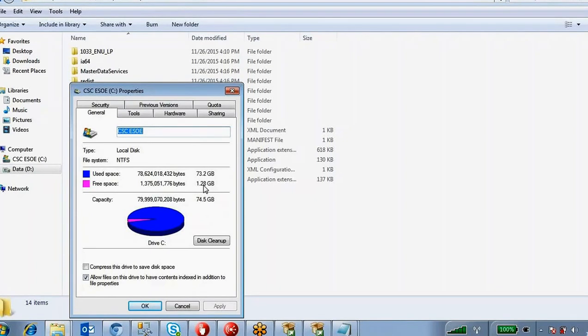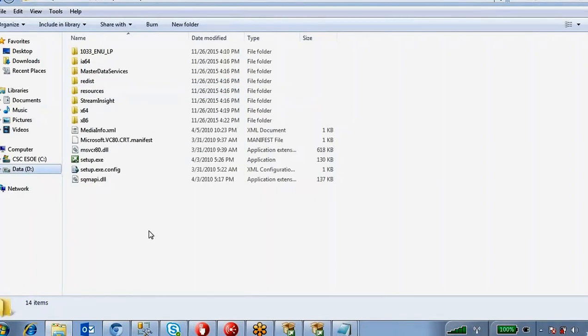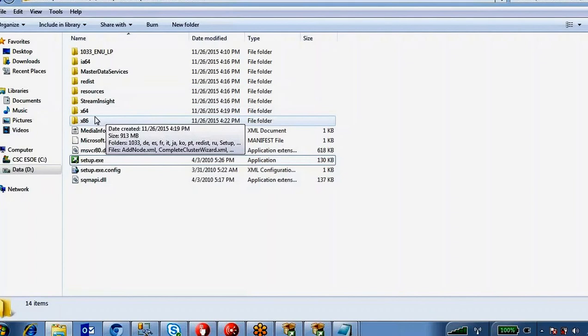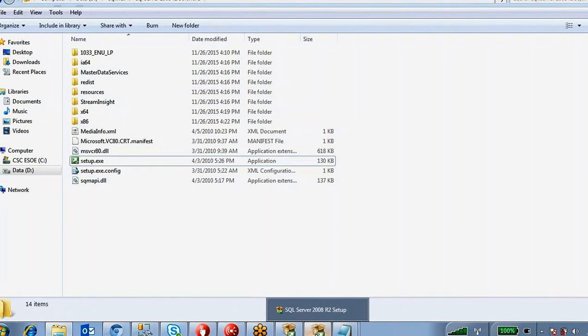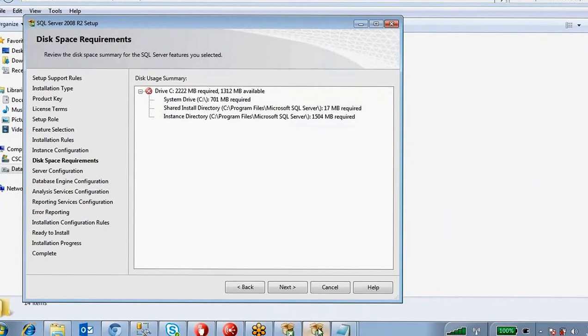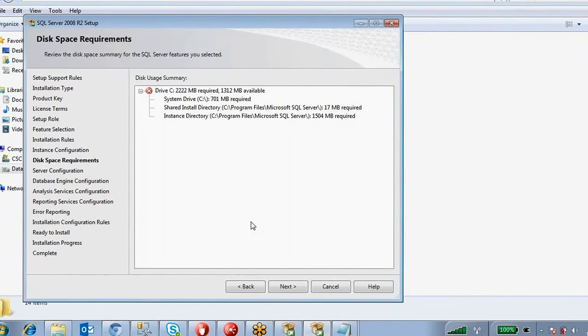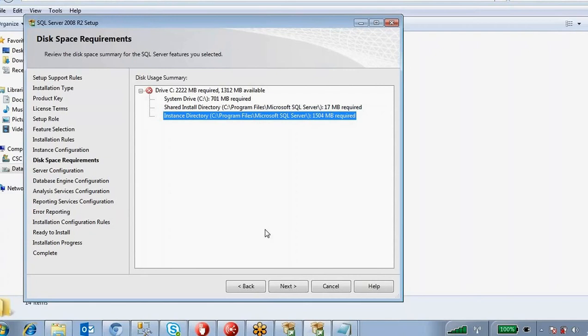So what can I do? Whether I have to delete something, but I can't delete anything here, right? So I will show you in screenshots, because everything is important for me.